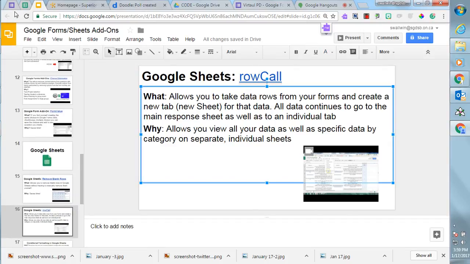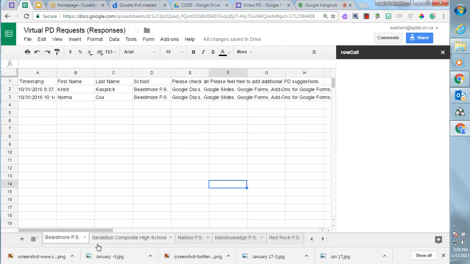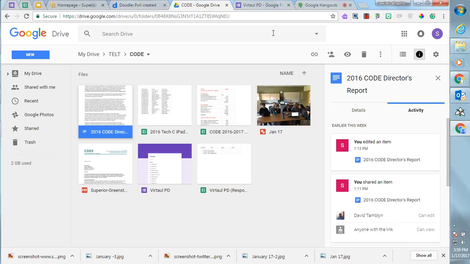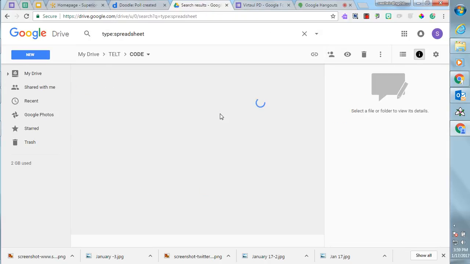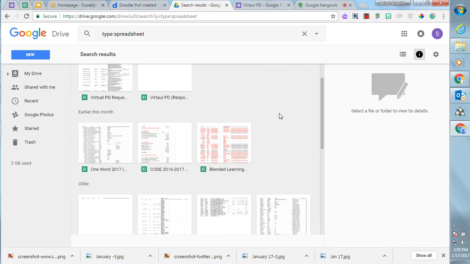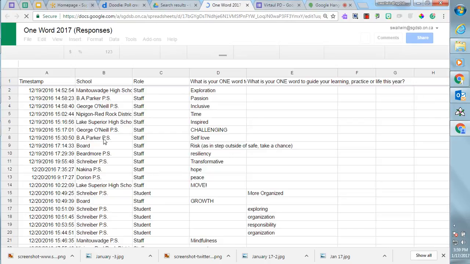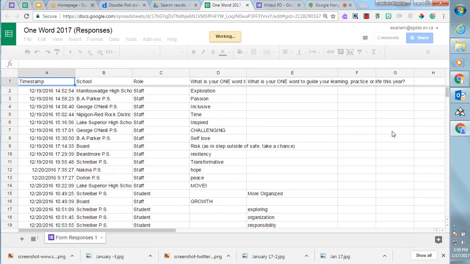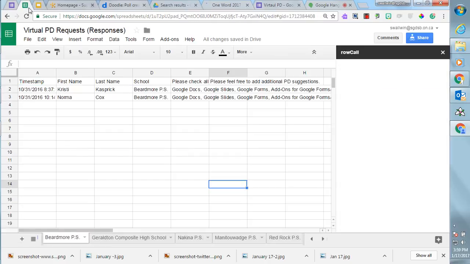Now I just want to show you one more really quick trick that has nothing to do with an extension. It's just, I didn't know this. So if I can share this little piece of knowledge, then, okay, so here is a spreadsheet of our one word. And let's say I really wanted to break down my answers. And if you're a visual learner, this could be really useful. So you wanted to break down your data